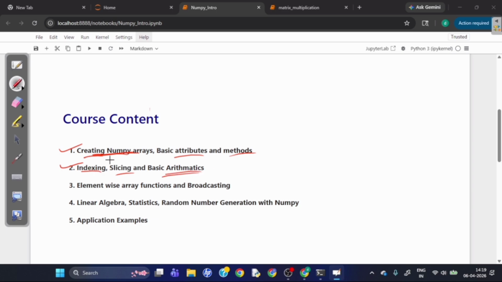This will be a very important video because here you will learn the indexing and slicing of NumPy arrays, which is very important. In the third video, we will see element-wise array operations on NumPy, and we will learn about broadcasting. All right. Then in the fourth video, we will see things like linear algebra, statistics, random number generation with